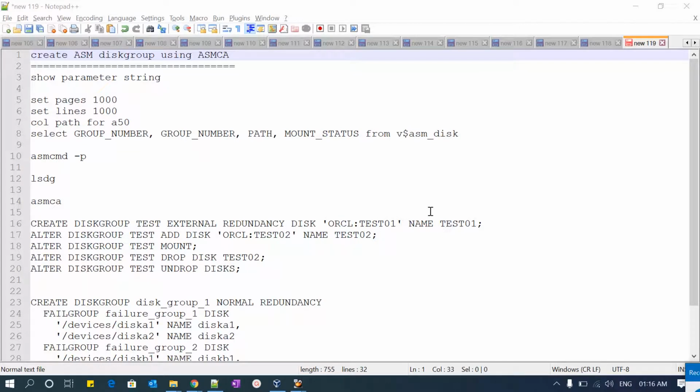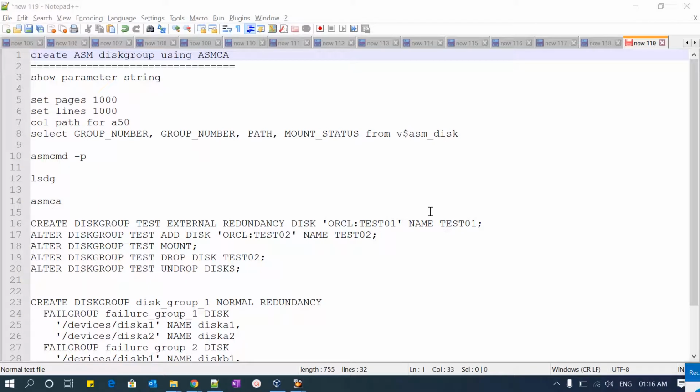This is Malik Arjun. Today I am here with one more exciting topic on ASM disk group creation using ASMCA. ASMCA stands for ASM Configuration Assistant. That is a tool where you can feel the GUI mode of creating a disk group and viewing your disk and dropping the disk, and all disk group and disk related operations you can do in a GUI mode. So ASMCA is a tool which is pre-built with your grid infrastructure.